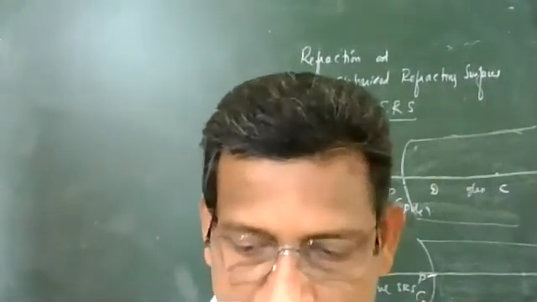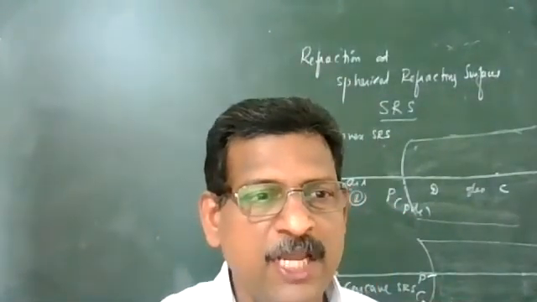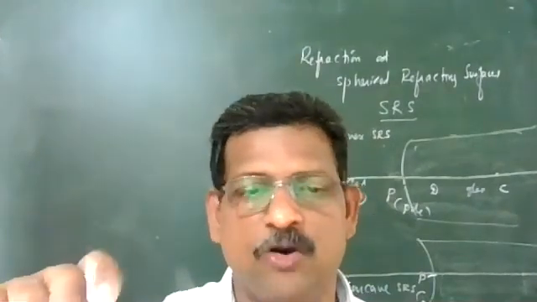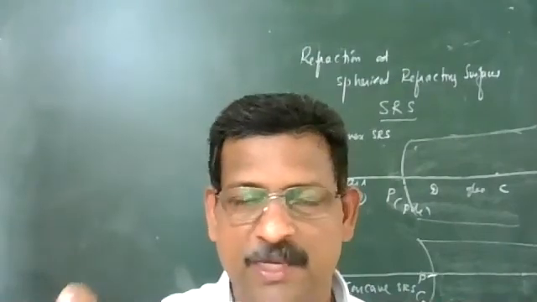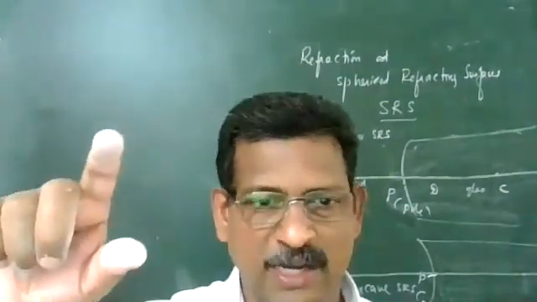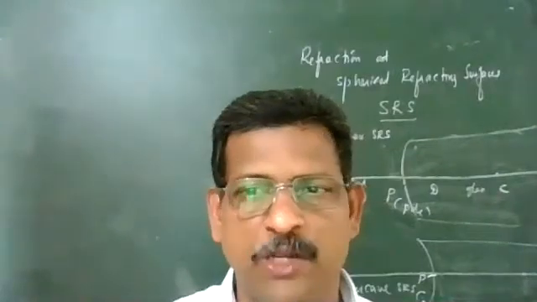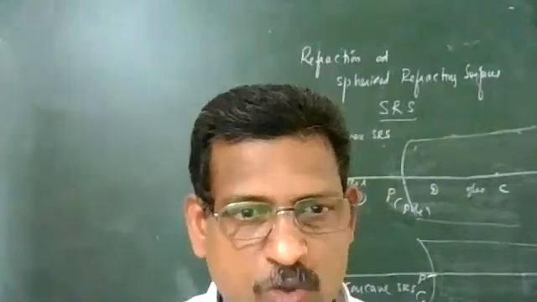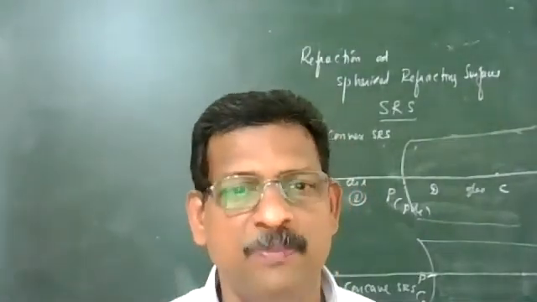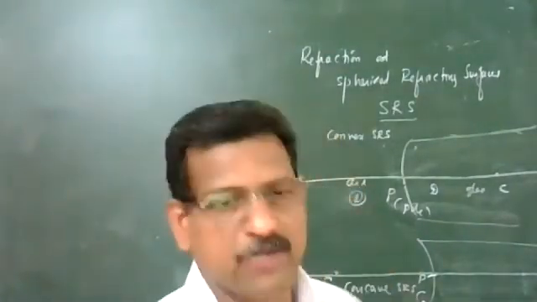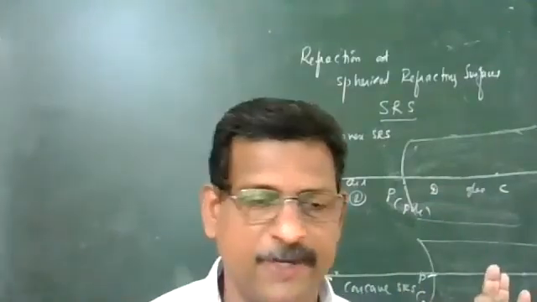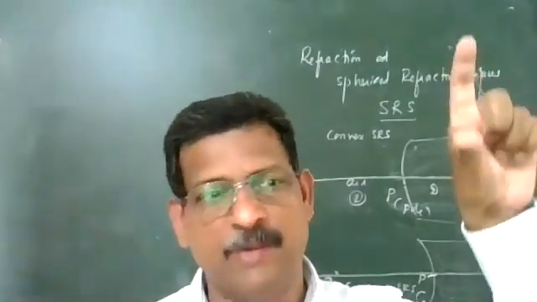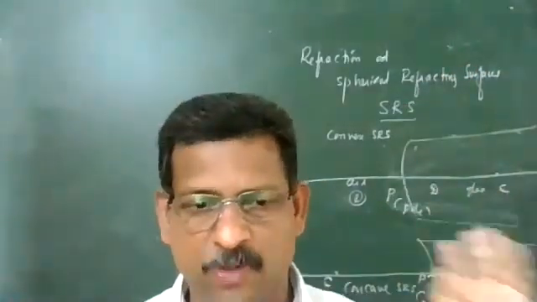One more point. When we deal with refraction in the case of SRS, usually we will not take an extended object. In the case of mirror, we took AB as an object of 2 centimeter in length. Here we take point objects. So the next important point is that the object will always be considered a point object, placed on the principal axis. We will represent it by a dot, not by AB of 2 centimeters. That is the first point.